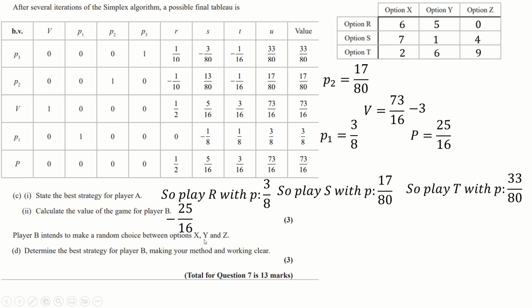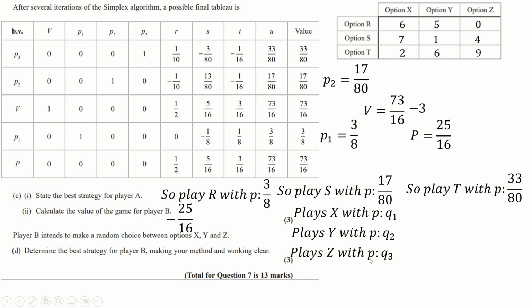Player B intends to make a random choice. So what we'll do is we'll call those choices Q1, Q2, and Q3, because that's what we always do in these questions. And what we'll say is the value is -25 over 16. Except what I've said is I'm just pretending that I'm working with the fake game that's adding 3, because I couldn't be bothered to redo it, because that way I can just read the coefficients that I've got up here. So we read across this time, because assuming player A plays option R, it's just the same as we were looking before. 6 times Q1 plus 5 times Q2 plus 0 times Q3 equals the value of the game,